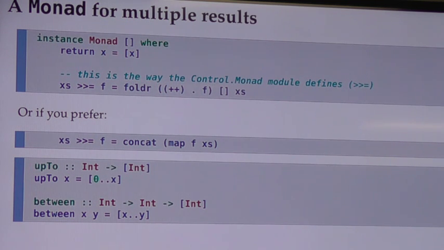This is the way the bind is defined in Control.Monad. Now that we think about it like this, where we have multiple values, and we need to apply a function from one value to multiple values, to each of those, we map that function across, and now we have a list of lists, but we need to return a set of values in a single context, so we need to flatten those lists with